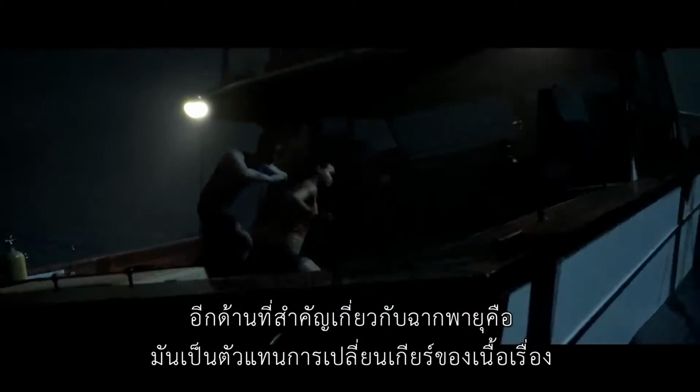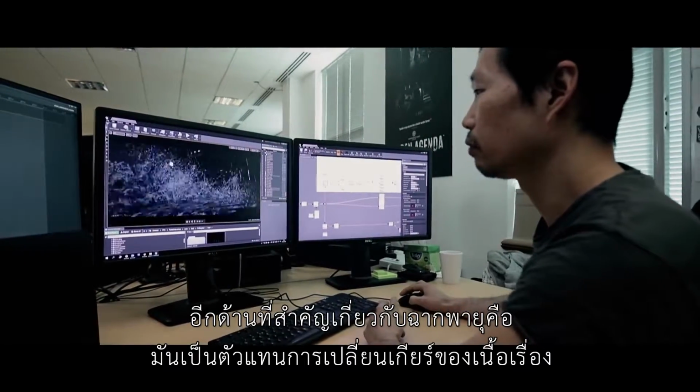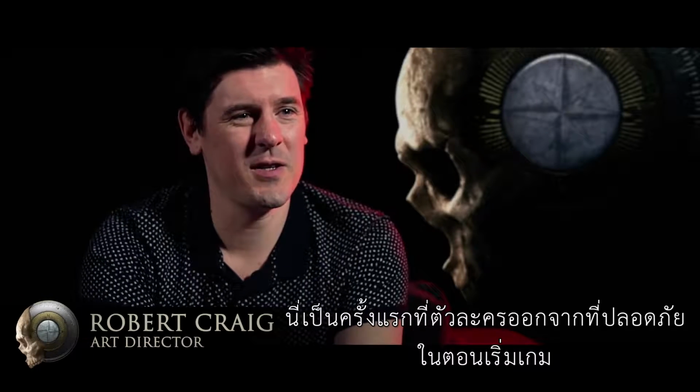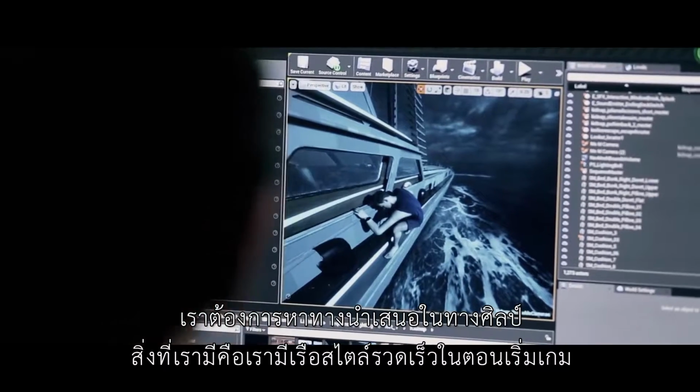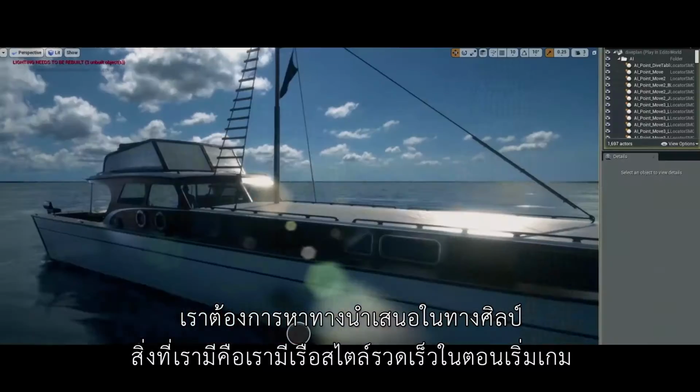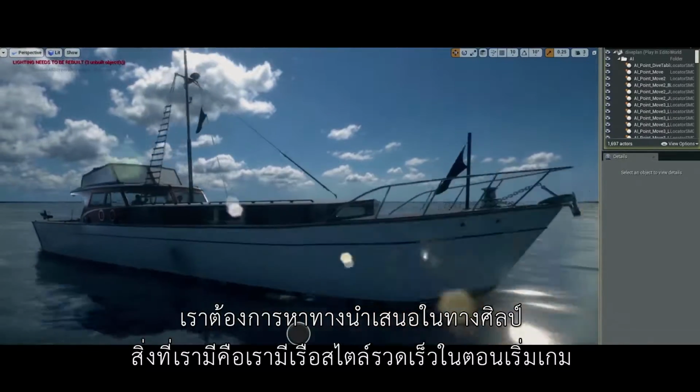Another important aspect with the storm scene is that it represents a gear change in the story. So this is really the first time the characters are leaving the relative safety of the start of the game, and we definitely wanted to find a way to represent that in the art. So what we have here is a shift from the lighting style at the start of the game,